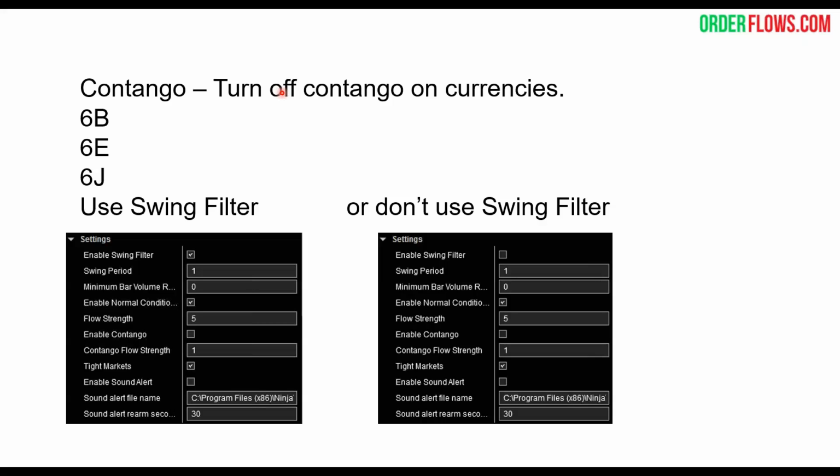Even though there are retail participants, the percentage is not as much as in a lot of other markets. So it's up to you if you want to use the swing filter, but I would turn off contango for currencies. All right, so let's just pull up,